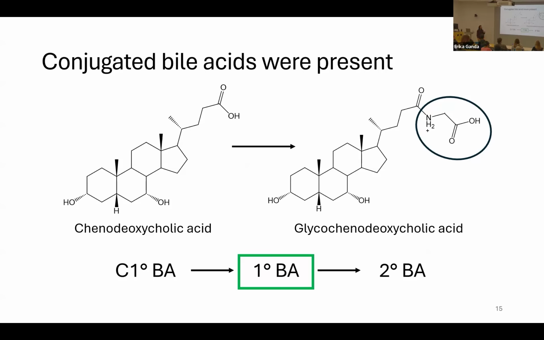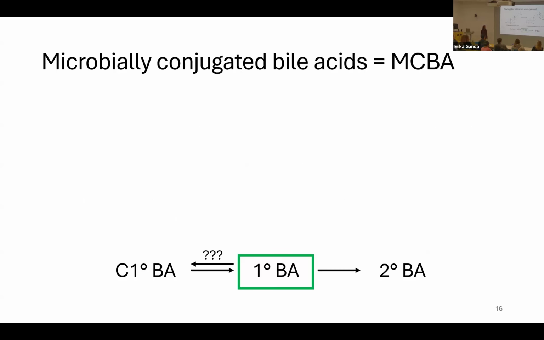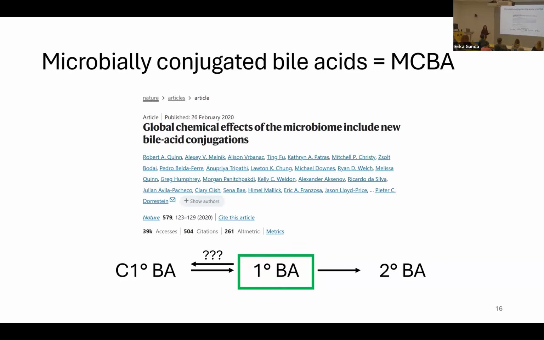And luckily enough, as I was working through this data, another paper was published on microbially conjugated bile acids. This was from Robert Quinn, while he was, I think, finishing up his postdoc at Dorrestein lab. And he had identified microbially conjugated bile acids. This was cholic acid conjugated to phenylalanine, tyrosine, and methionine, I believe. And this was really exciting for us because we were able to say, okay, these conjugated bile acids are real,